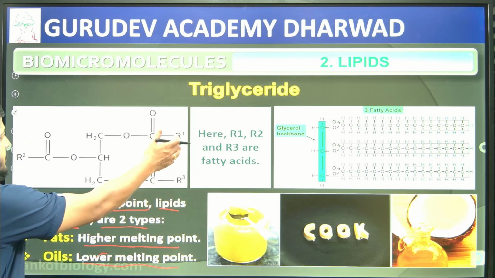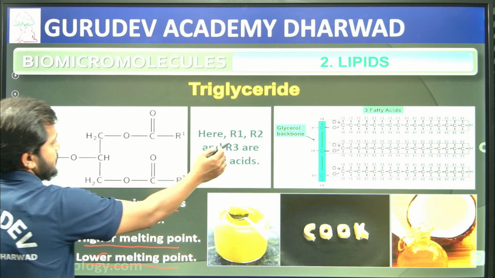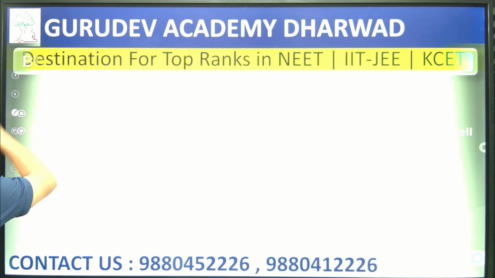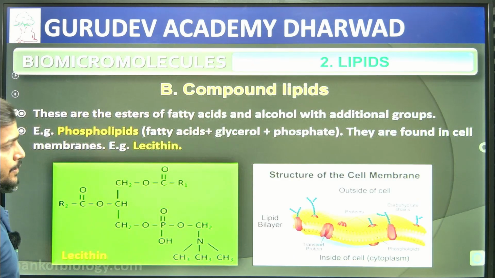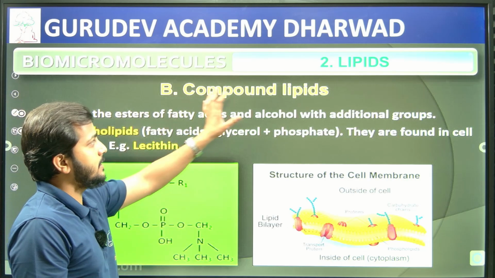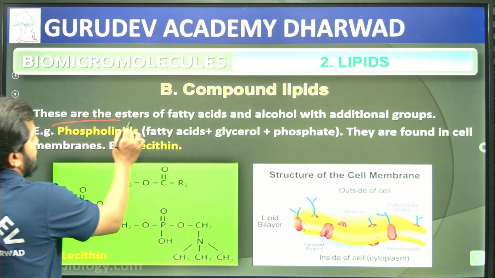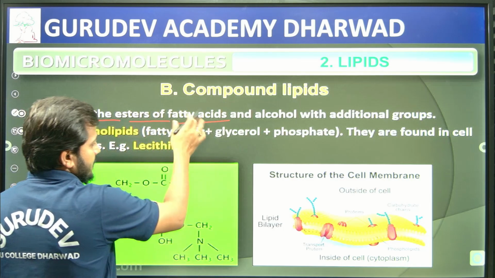So here, with respect to the triglyceride, the attachment is R1, R2 and R3, right? So three fatty acids are going to get combined. Those were the simple lipids we have discussed. Now we'll discuss compound lipids. These are the esters of fatty acids. These are esters of